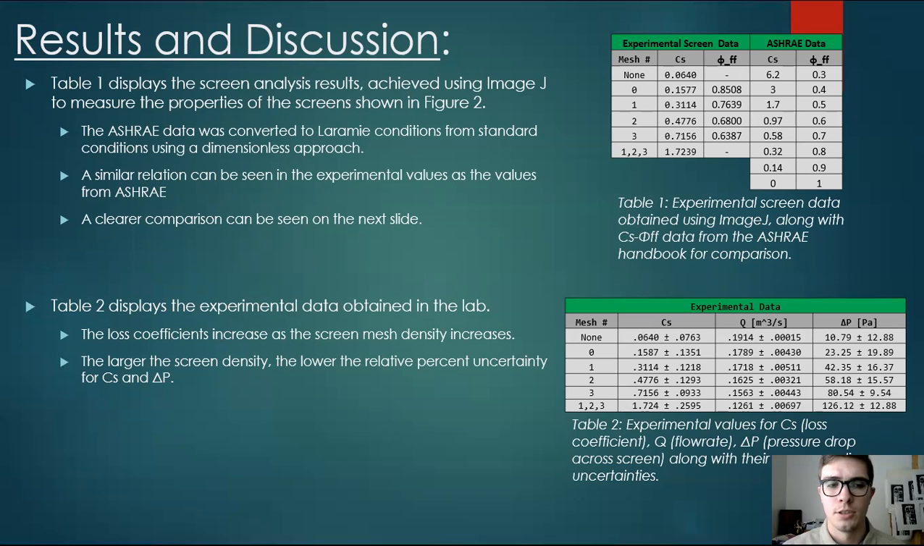It's also important to mention that the larger the screen density, the lower the relative percent uncertainty for the loss coefficient and the delta P. So based on this, it's safe to say that the higher the screen density you're using, the lower the relative percent uncertainty you will have. So this may give you more accurate or more precise results if you're using higher screen density screens in your